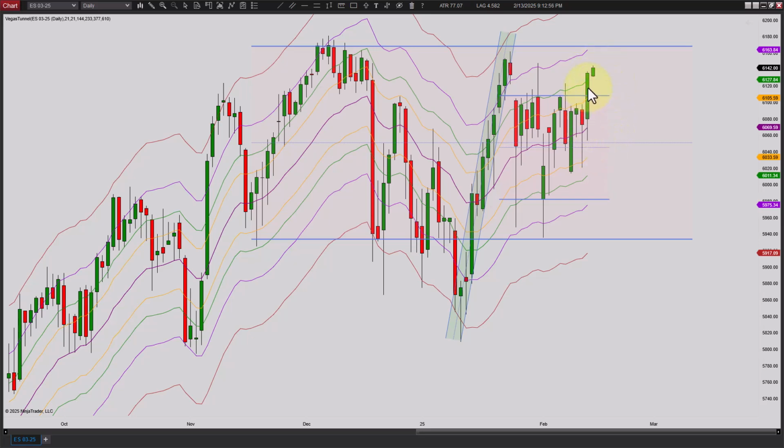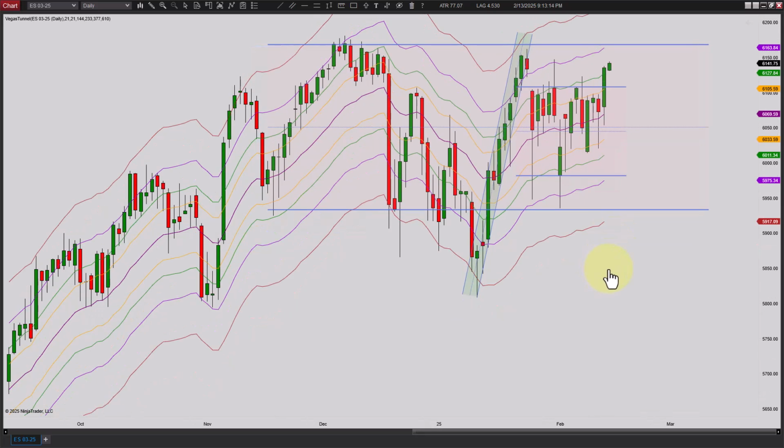I didn't really know if we'd break out today, but I had a good feeling that this was going to be the key, so we'll probably head higher now. We may pull back first. We'll see. We could have a failed breakout and turn back in and get back in the range, but it will at least probably come back and retest this breakout area at some point. So we'll see what tomorrow brings.